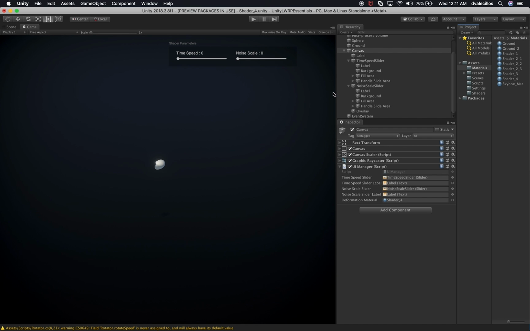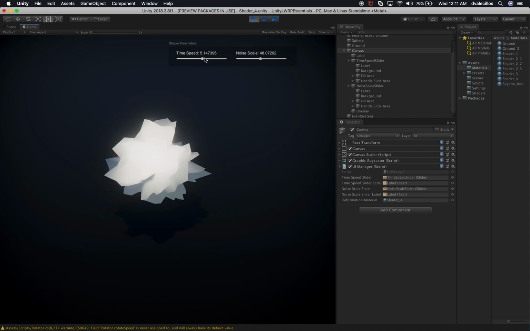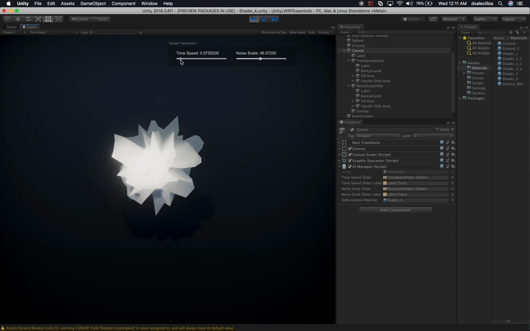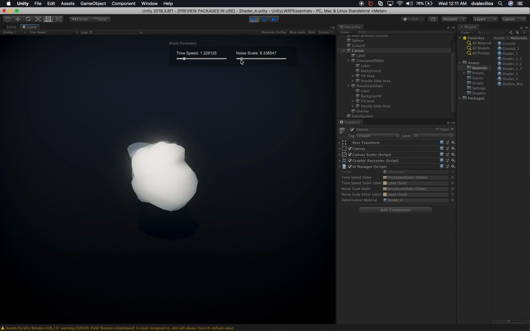If everything works, we should be able to control the shader. Now let's click on play and see what happens. So we don't see anything, and that's a good sign. That means that these are basically working. Now if I change the slider, if we change the noise, we can start to see some changes. So I like it and not like it that much because, by default,